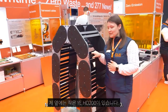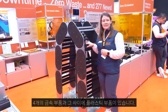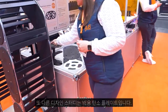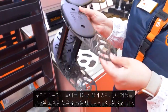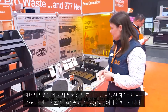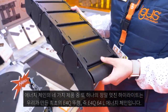Next to me, we have the small YE-HD 200. It has 4 metal parts and the plastic parts in between. So this is a very nice show to see how big it is. Another design study that we are showing is carbon plates for the YE, which decreases the weight a ton, but we'll have to see if we can find customers for it. Another really nice highlight for the 4 piece e-chains is the first E4Q lids that we did,